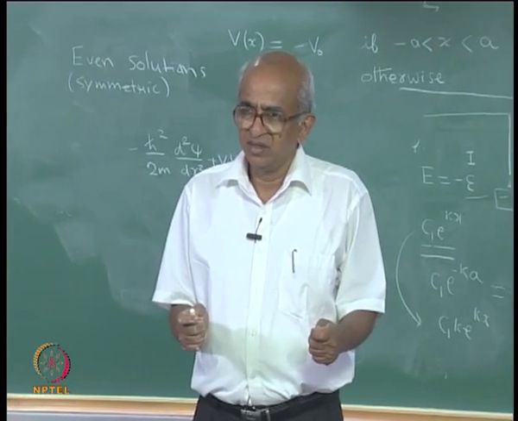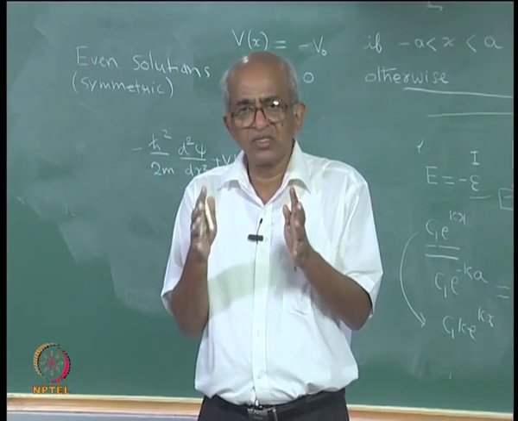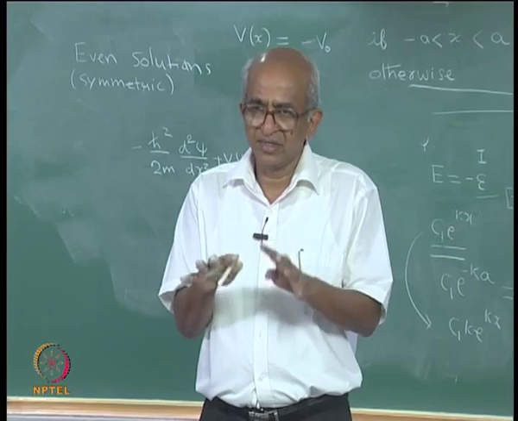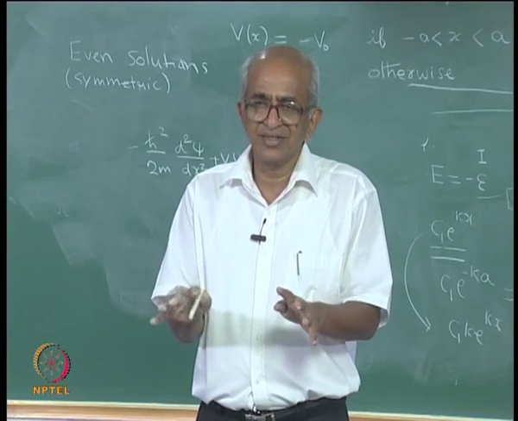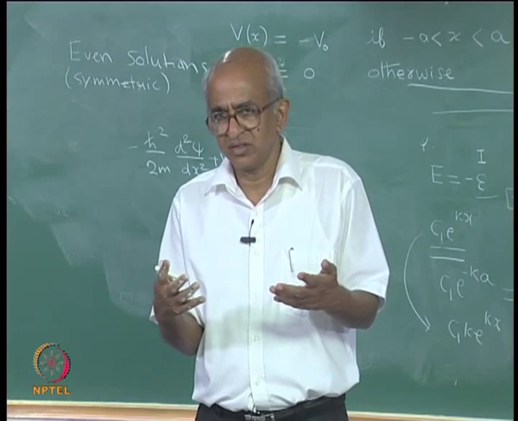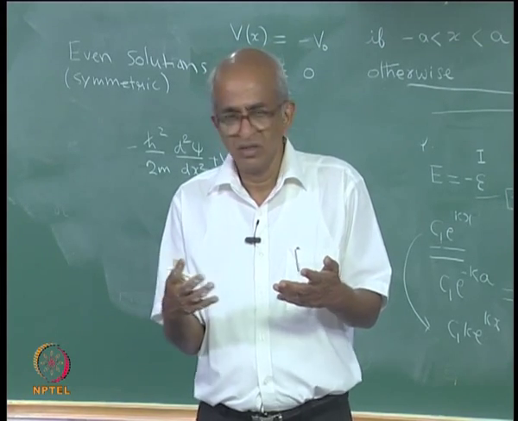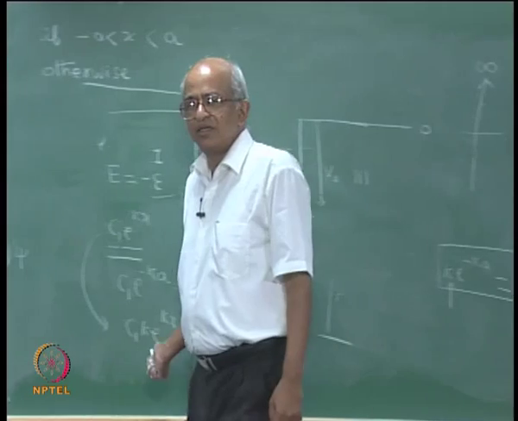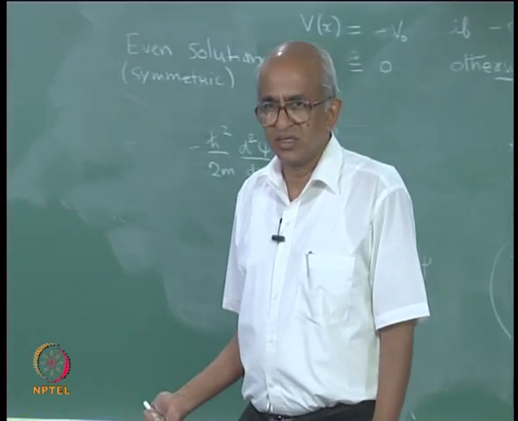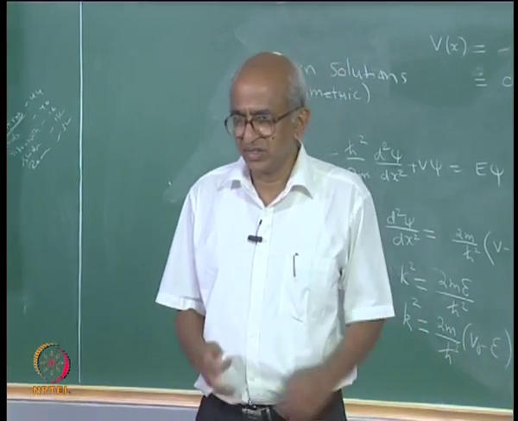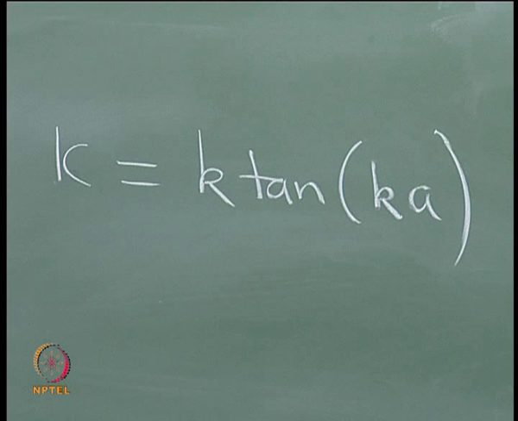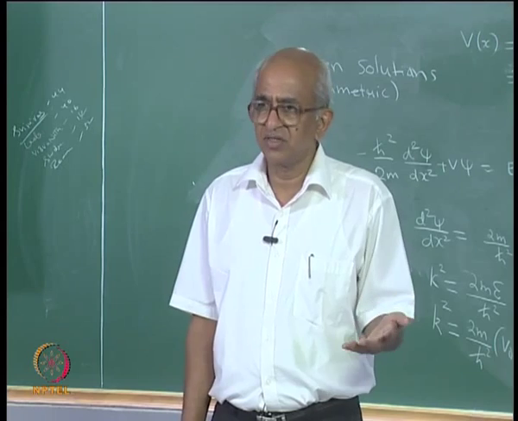What does that mean? In terms of our earlier discussion, this means that it is not possible for the particle within this potential well to have any energy. The energies that it can have are fixed, they are discrete, or as we say, they are quantized, right. So the energies are such that they will satisfy this equation, but unfortunately this equation is a rather complicated looking equation, and it seems very difficult to solve. If you solve it, you will be able to find the values of epsilon which will give you the allowed energy levels for the particle.